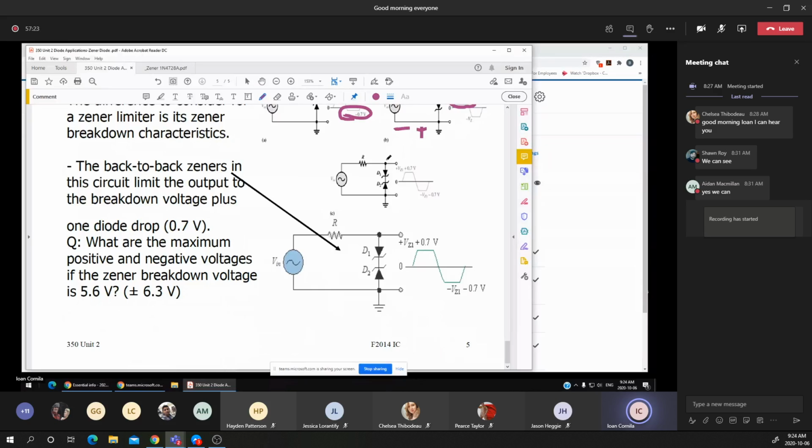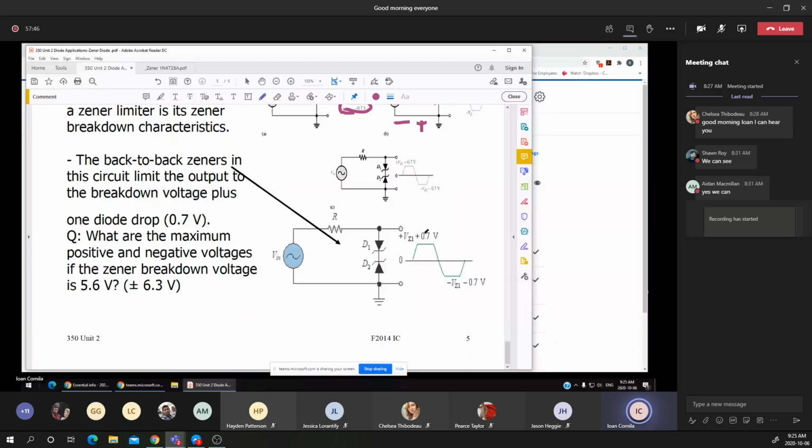Now we may have two diodes back to back, which means that the voltage is limited between the two rails to the VZ plus the 0.7. One of the diodes is in reverse bias, the other diode is in forward bias. That's why I have that plus 0.7 volts. The other application is